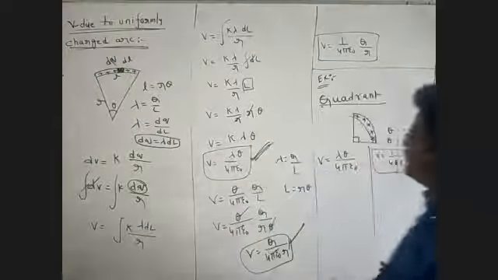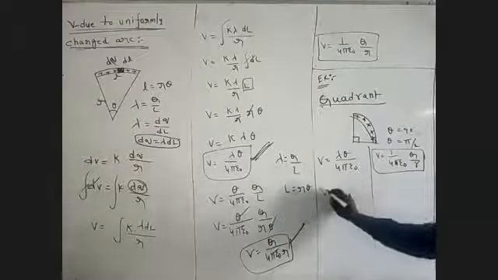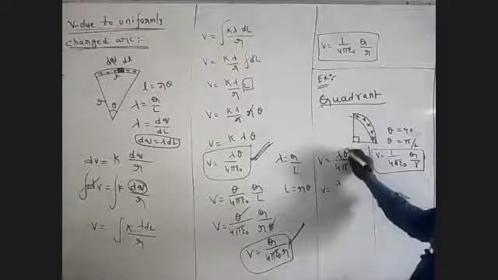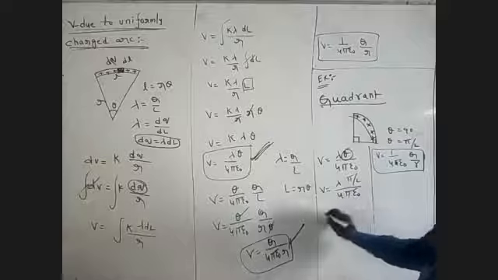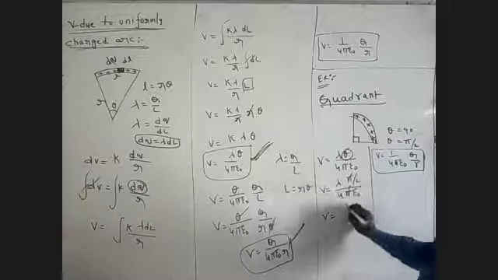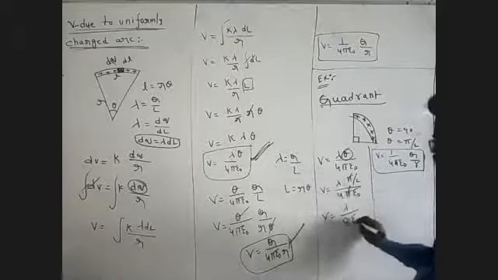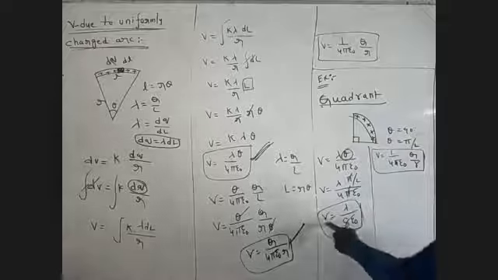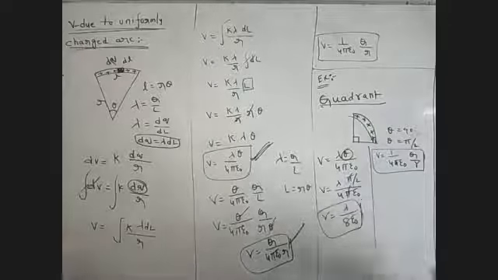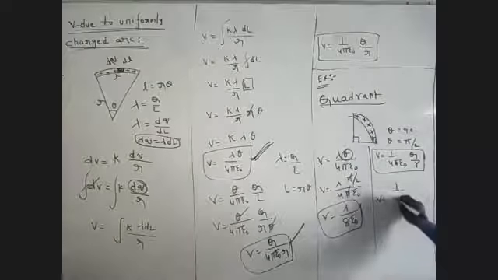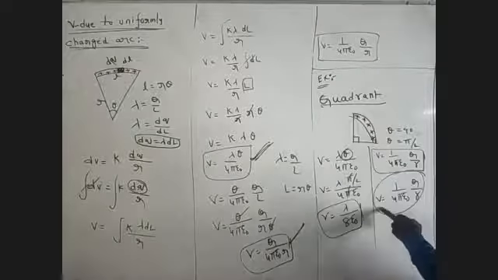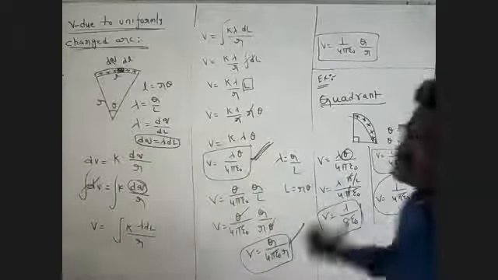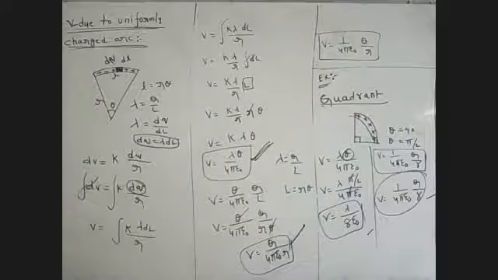This is the second one. The first formula: V is equal to lambda theta by 4 pi epsilon, where theta is pi by 2. Pi cancels, and the 2 goes down. This is the electric potential in terms of lambda. V is equal to 1 by 4 pi epsilon naught times Q by R. This is the electric potential in terms of charge.